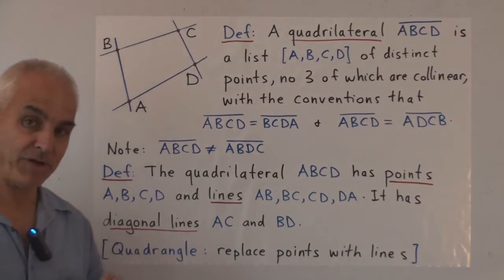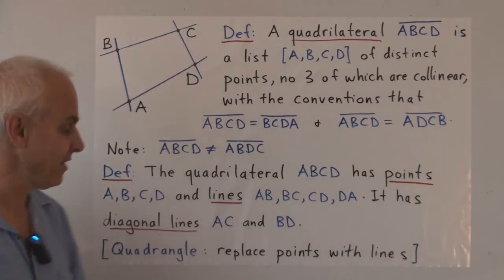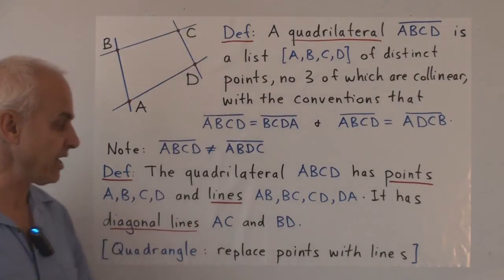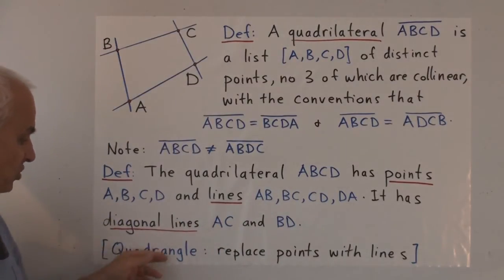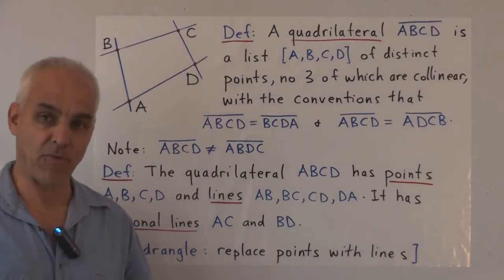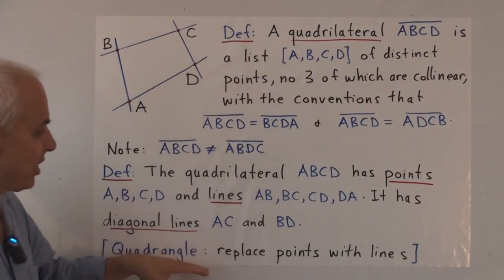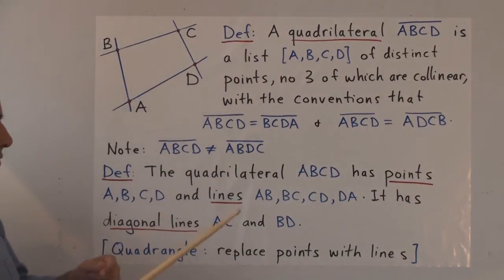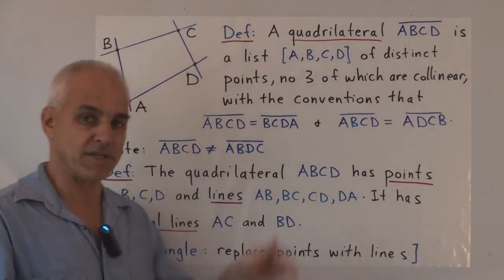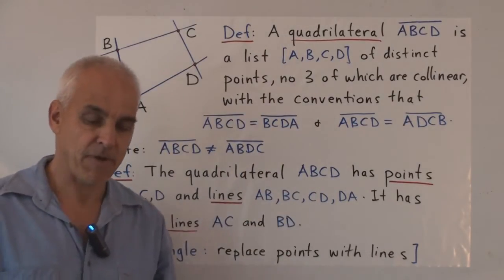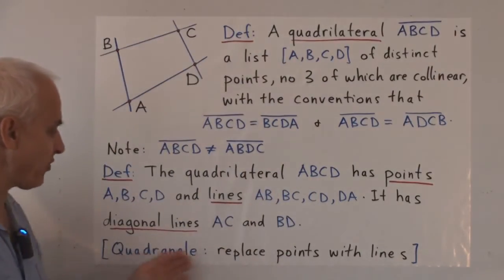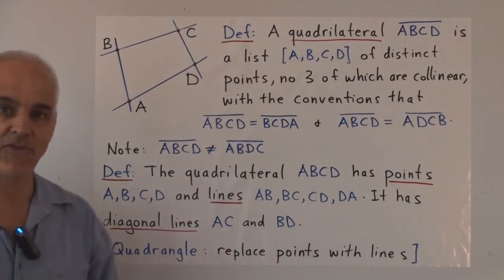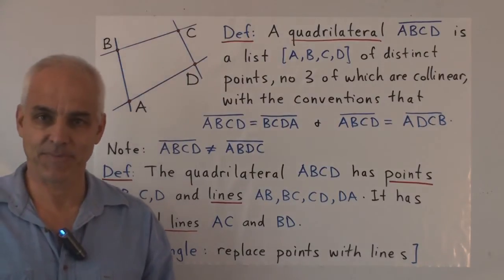In projective geometry, which is something we haven't introduced yet, there is a complete symmetry between points and lines. That's not the case in Euclidean geometry, but in projective geometry it becomes very interesting to talk also about quadrangles, which is basically exactly the same kind of definition, but we replace lines with points throughout. But for elementary geometry, the notion of a quadrangle is really superfluous. It's really not needed. The quadrilateral suffices for most purposes.